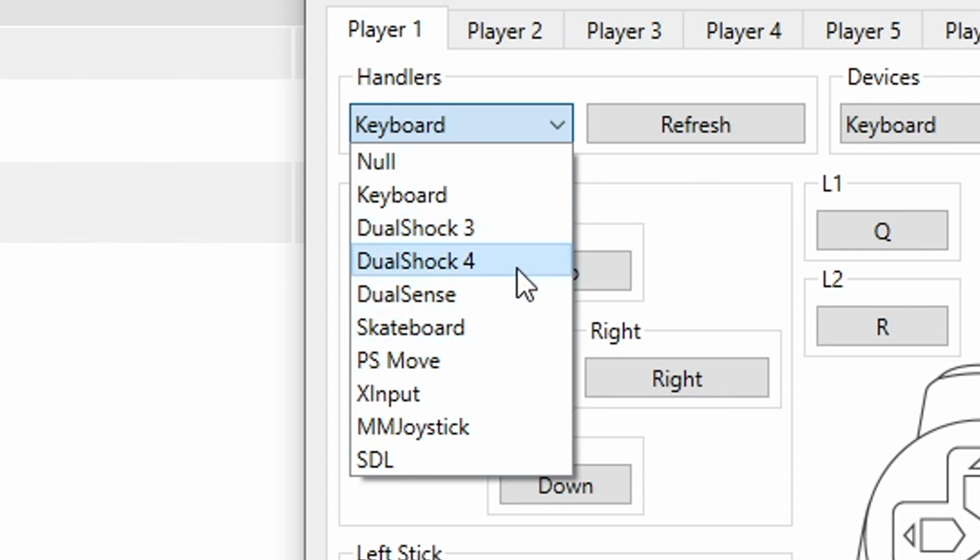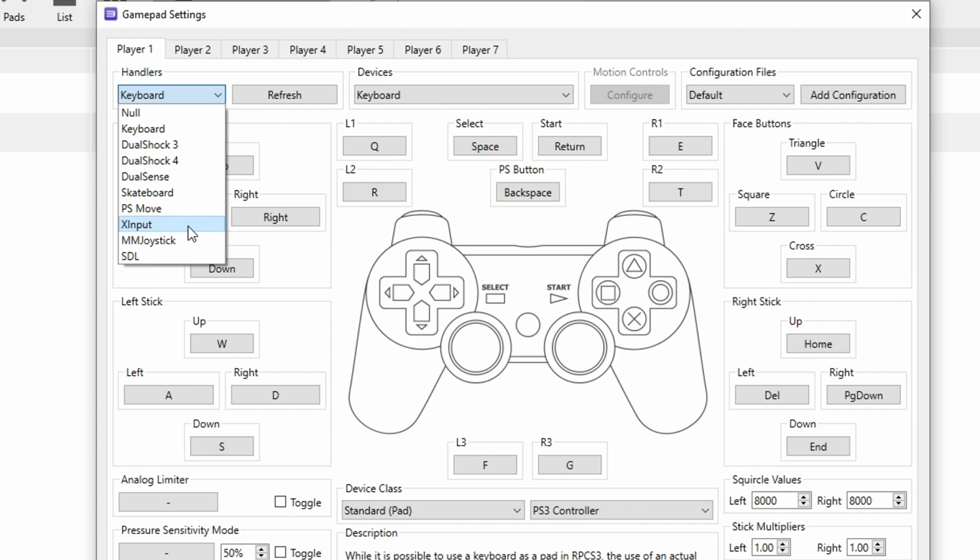But if you're using an Xbox controller or a third-party controller, there are two options you can pick here, XInput or SDL. From my experience, the XInput option works best here. In my case, I'm using an Xbox controller, so this is the option I'm gonna get here. So if you don't have your controller plugged in, go ahead and do that right now, and then select the option.